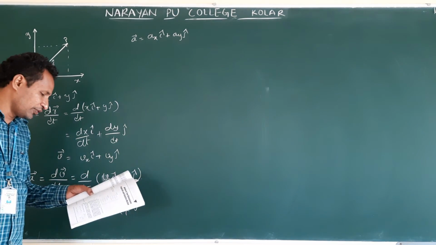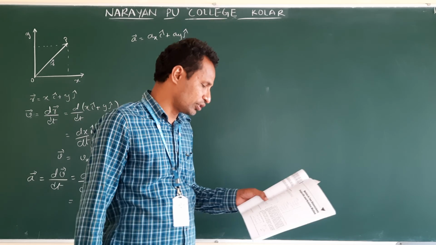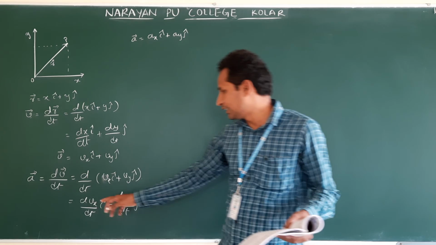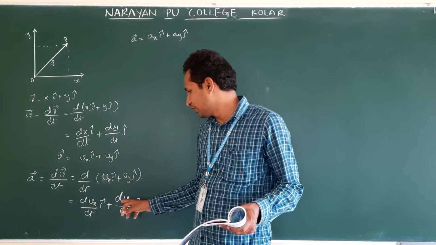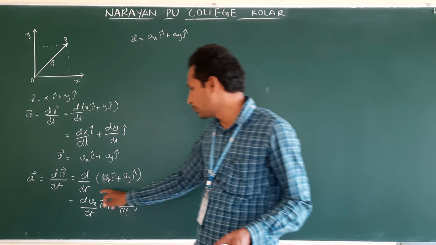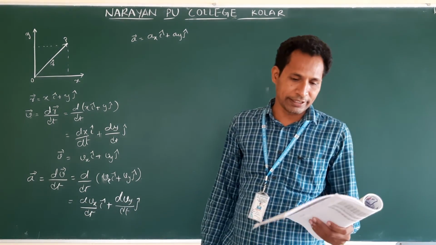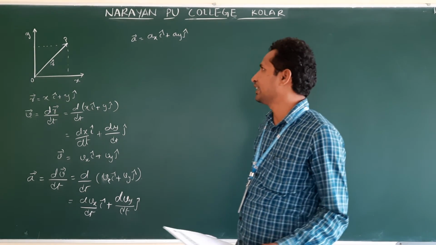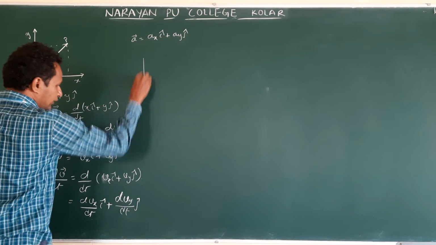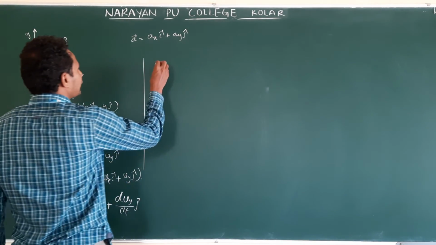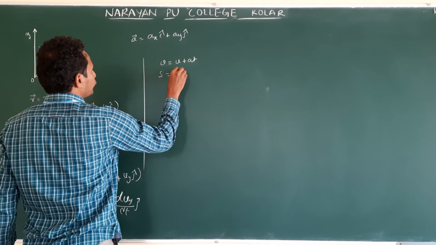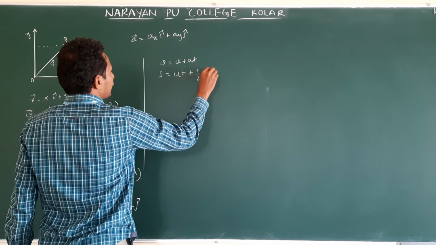So they mentioned vx is equal to dx by dt, vy is equal to dy by dt, components of instantaneous velocity, and as well as dvx by dt and dvy by dt are the instantaneous accelerations. This is one component along x direction, this is along y direction. And kinematic equations they have given along x direction and y direction. Once again I am writing kinematic equations along x and y direction. General equations are what? Final velocity v is equal to u plus at. s is equal to ut plus half at square.